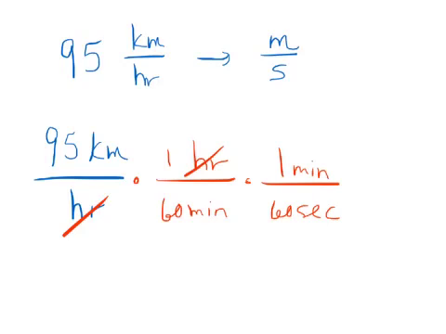Okay, again, he's doing this on purpose. He sees hours is in the bottom, so he puts it up top to cancel. He saw that minutes were now in the bottom, so he put minute up top to cancel. And the conversion is correct. There are 60 minutes in an hour. There are 60 seconds in a minute. Okay, those are our conversion factors. That's what they're called again. Now, that gets rid of hours to seconds, but we want to get rid of kilometers and turn it into